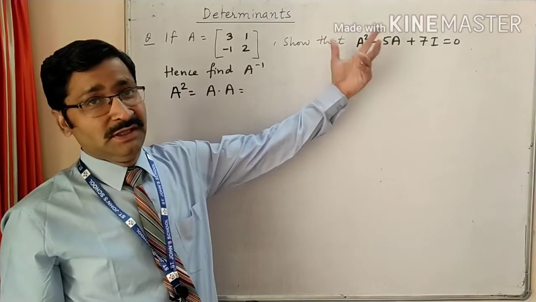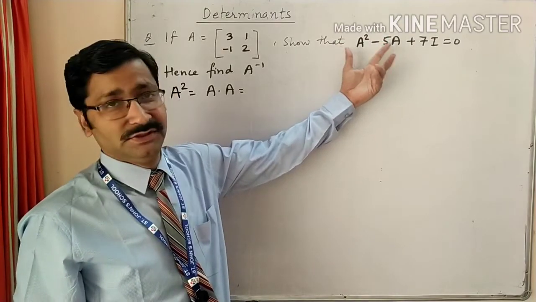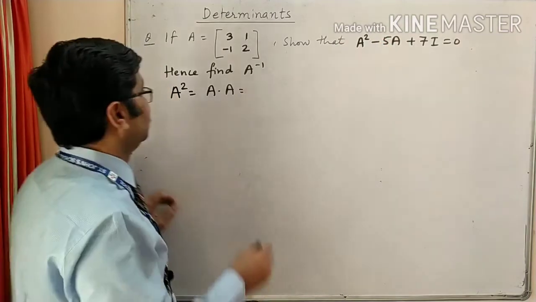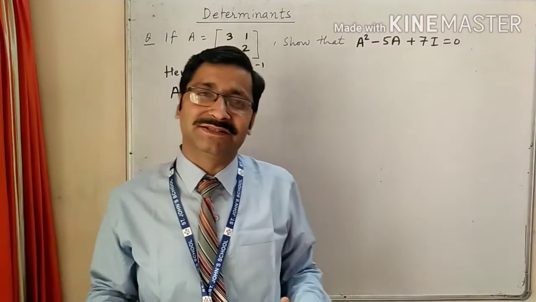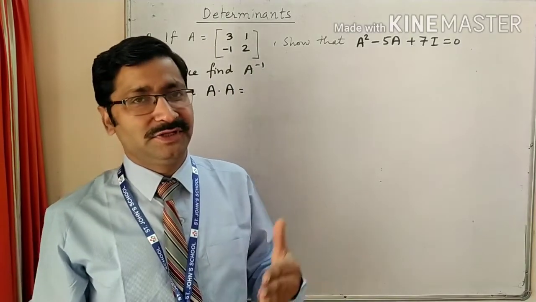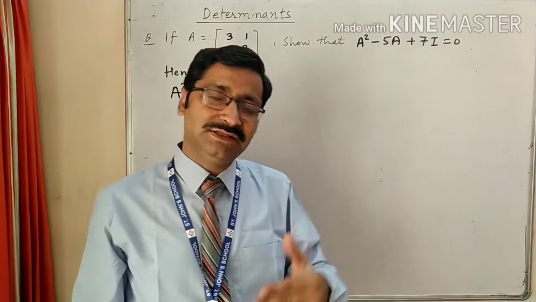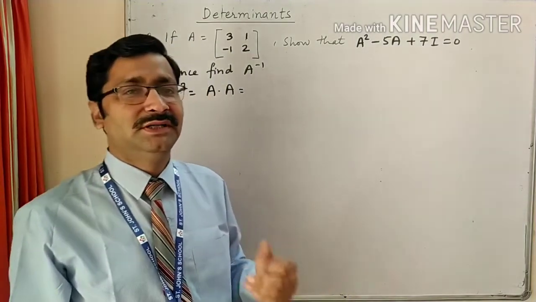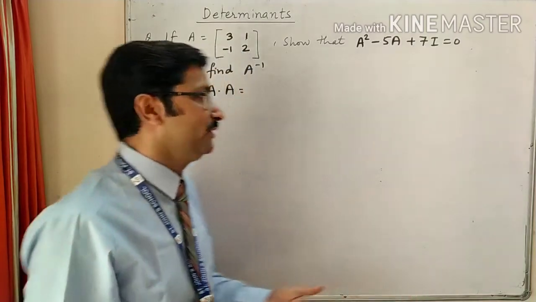This is the equation, and you will take the help of this equation and find out A inverse. Look here, for A inverse we have many methods. Elementary operations is one method, and by adjoint also you can find it. Now if this equation is given, then also you can find A inverse. But the condition is that the equation should be given to you. Then you need not find the adjoint or use the elementary method, you can find it directly. So how do we do it? Look here.